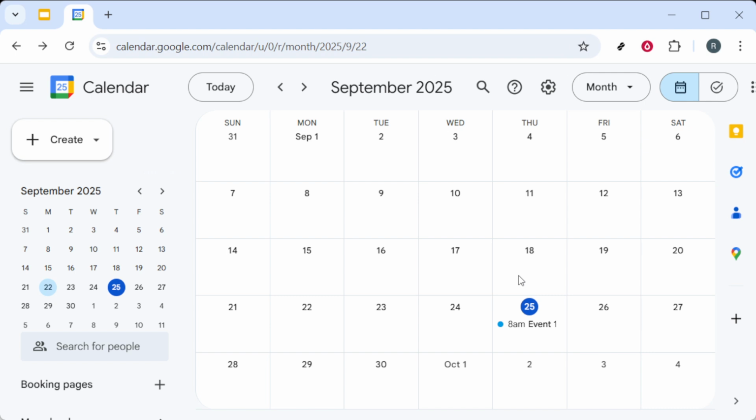Remember, careful management of your tasks using tools like Google Calendar is a great way to improve your productivity and